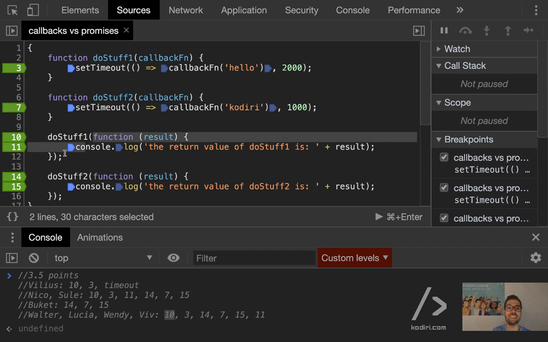Then, because this callback is asynchronous, it may take a while to process that line 11. That's why it will jump straight to line number 14. After 10, we go to do stuff 1, which is here, and then we say, okay, I need to run that line. So next line is line number 3. But then, because this is asynchronous, that callback won't run until 2 very long seconds.